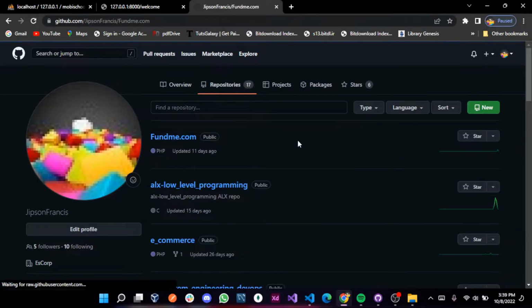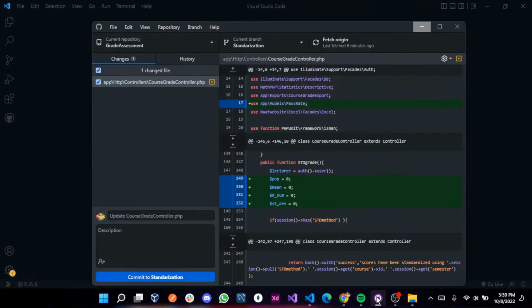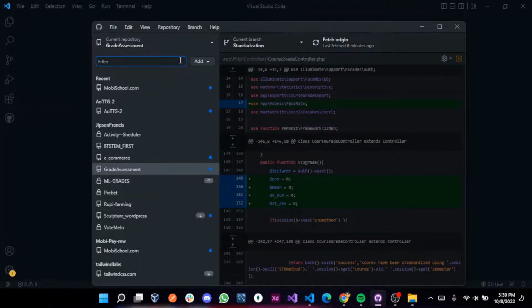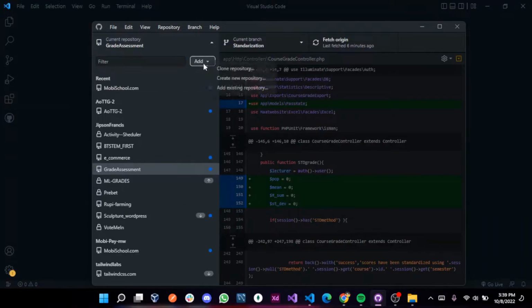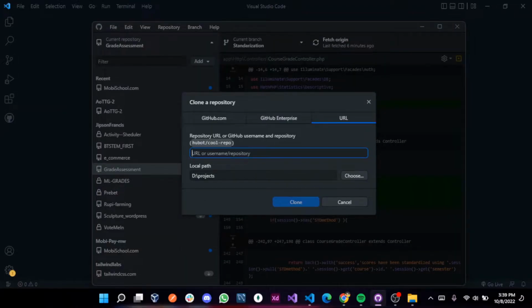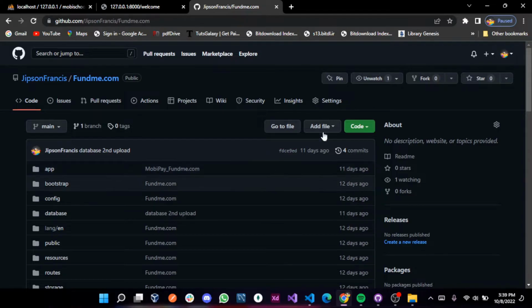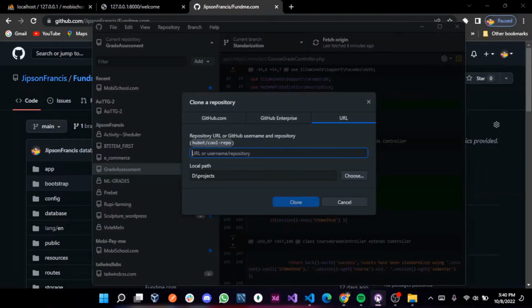Let's take this Find Me project, and this is a GitHub project, right? So I'm going to go into GitHub and clone this project. Add, clone a repository, and we're going to use the URL route, which is simpler. So we go back into this Laravel project, click on code, copy the link to the project, and then go into GitHub